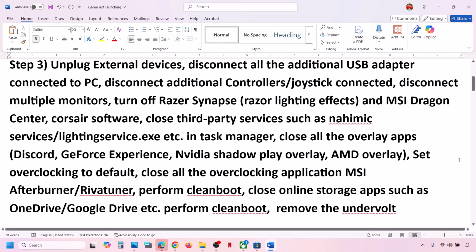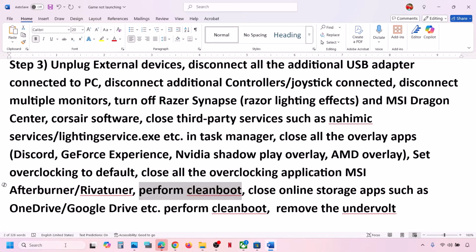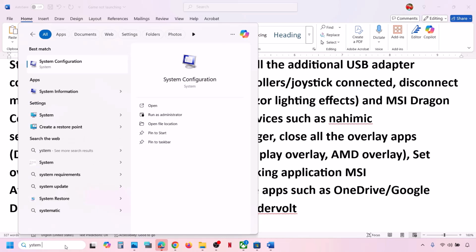So first of all, you have to turn off the overclocking. You have to set it to default and then you can close all the overclocking applications and then check. Perform clean boot. Now for this you can type in system configuration in the Windows search box